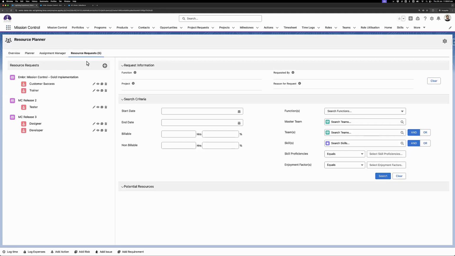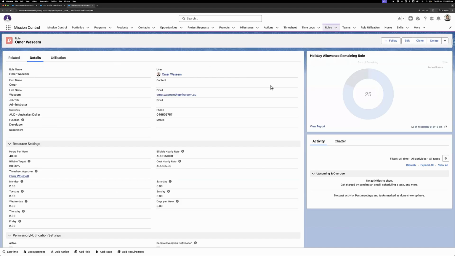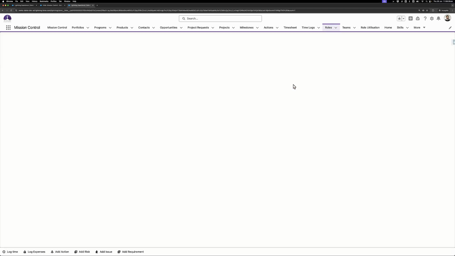But before we get here, we also want to go through the settings we recommend setting up on the role record. So you can determine the different search criteria that's specified over here, as well as control who can see this tab in the first place. So let's go ahead and open up the roles tab. Under the roles tab here, I've got the list of all the mission control roles in my org. So I'll just open up mine over here. And if I edit this record,